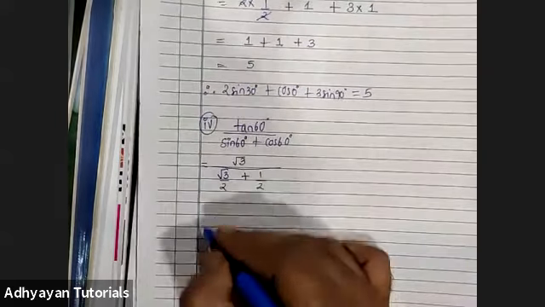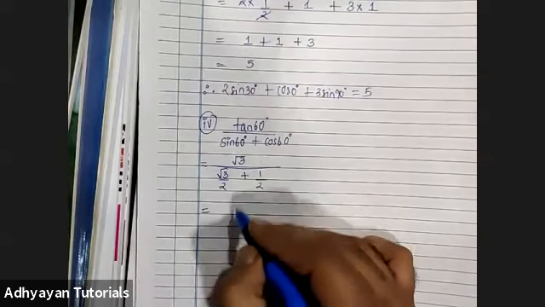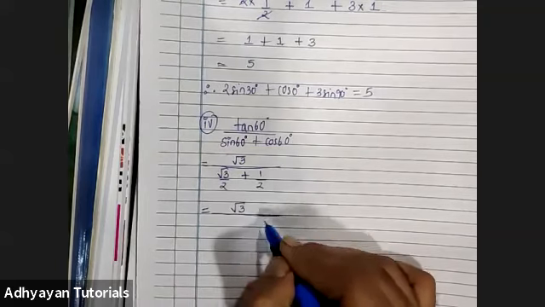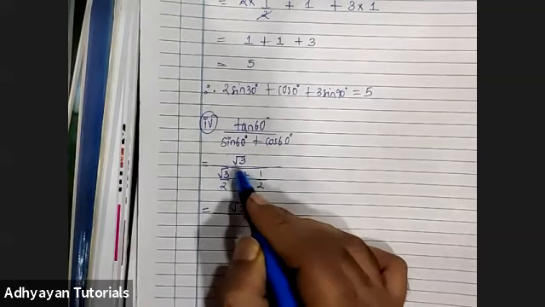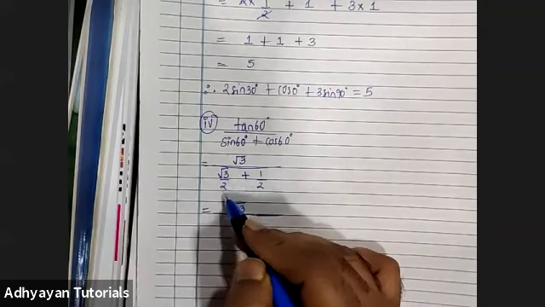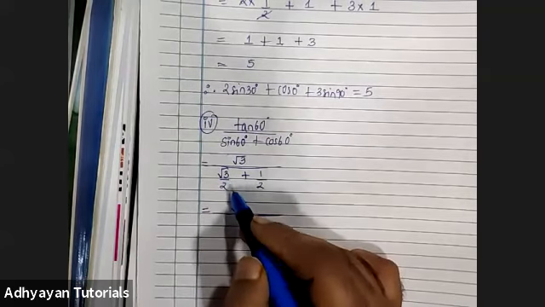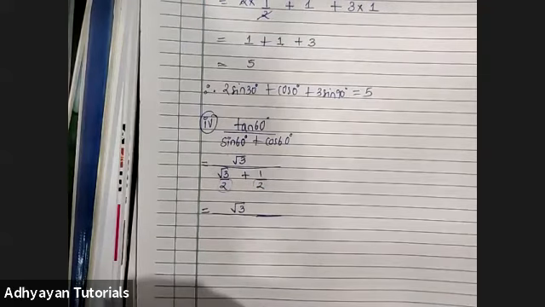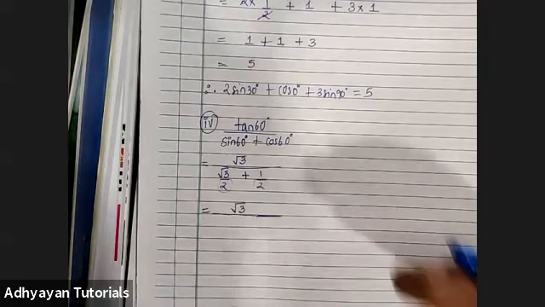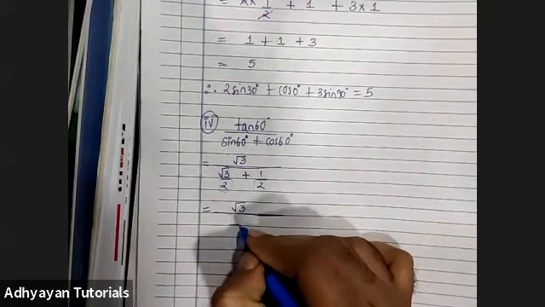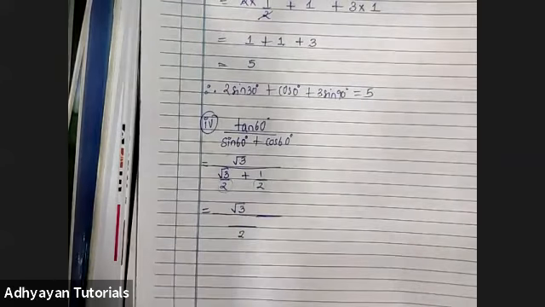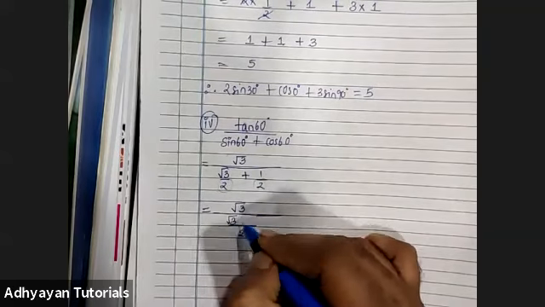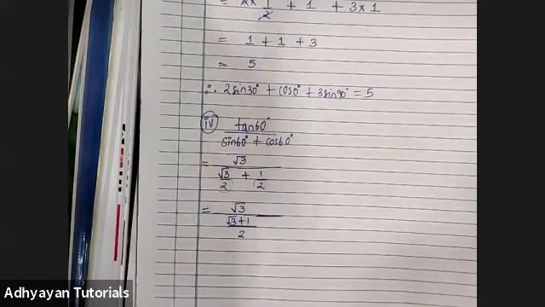Now children, the numerator, we cannot do anything with it as of now. So we keep it as it is. But in the denominator, it is fraction plus fraction, addition of fractions. So when that happens, just have a look at the denominator, children. Fraction plus fraction में denominators अगर equal है, so what we do is we write the denominator only once and we operate, यानी add the numerators. मतलब in this case, we will be adding root 3 plus 1.